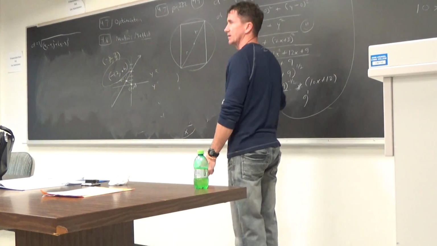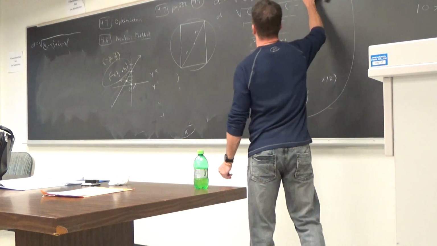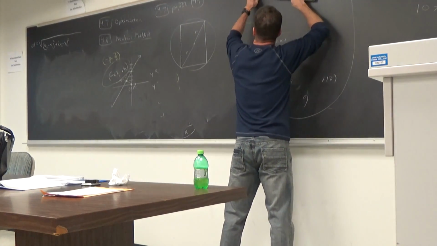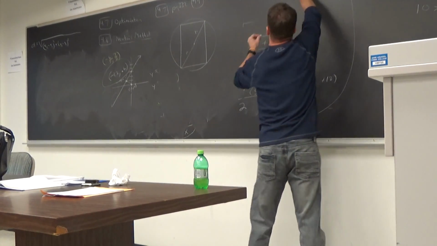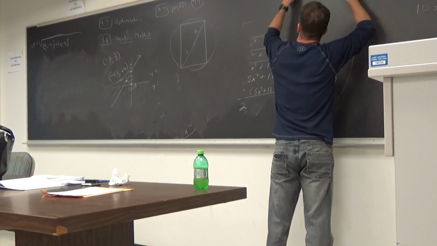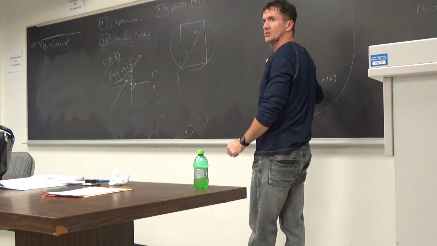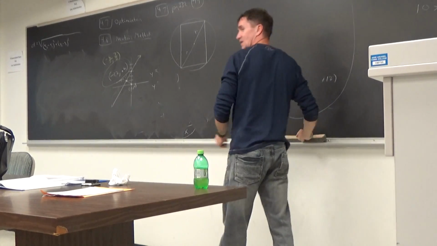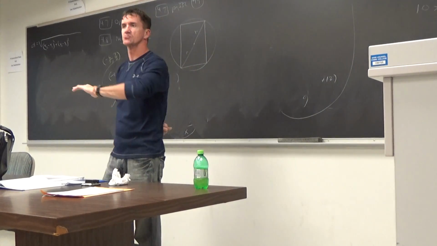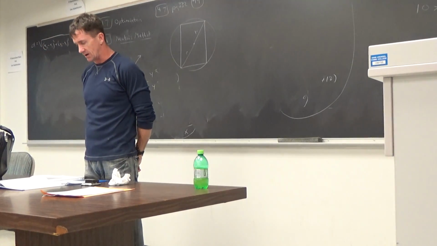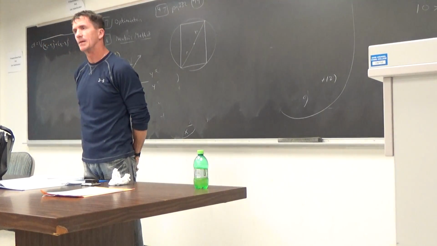What's the area of a rectangle? Length times width. That's what we're trying to maximize. Is this graph given? The picture? No, it wasn't. But I want to point out what they did. They just wrote a question: find the dimensions of a rectangle of largest area that can be inscribed in the circle of radius